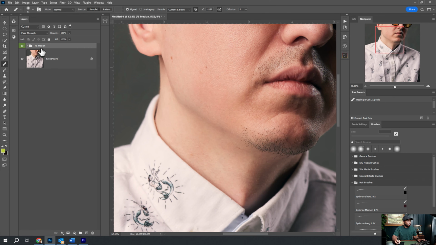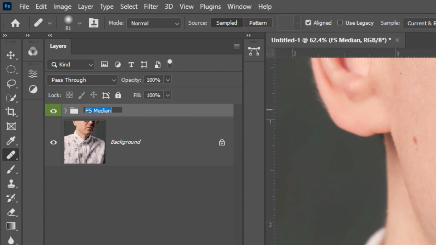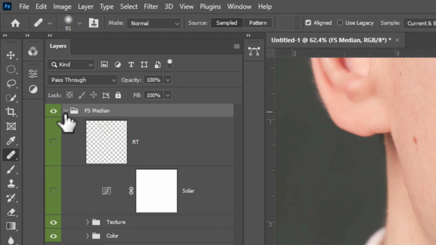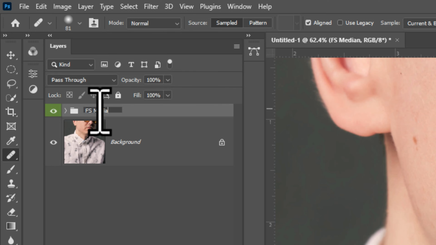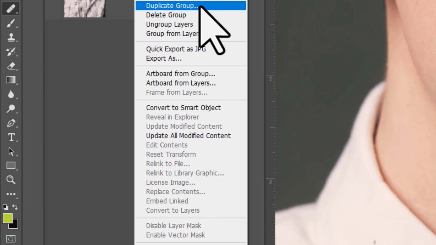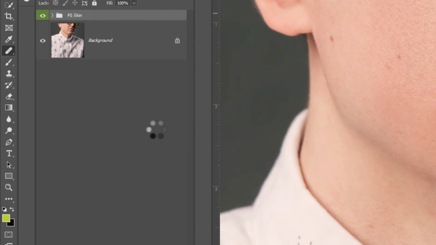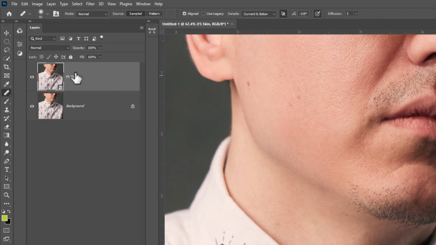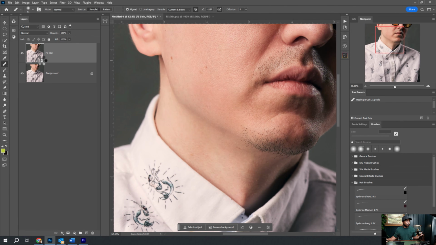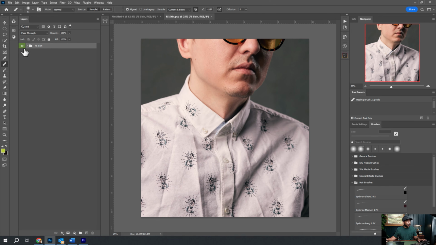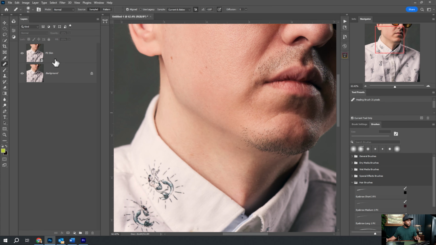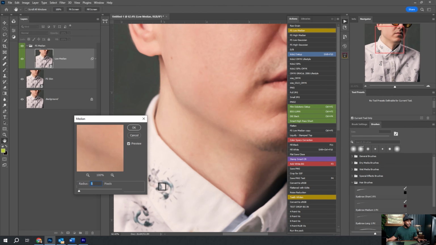So the way we do this is, first, if your action does not do this, put all of your frequency separation layers into one folder. We're going to call that frequency separation skin. Once we've got that folder renamed, right-click on it and convert it to a smart object. What this is going to do is put all of those layers into the smart object that we could either double-click on and keep editing as a smart object, and then when we hit save, it'll update back on our original image. Or what I'm going to recommend doing is, once you've run your frequency separation again,